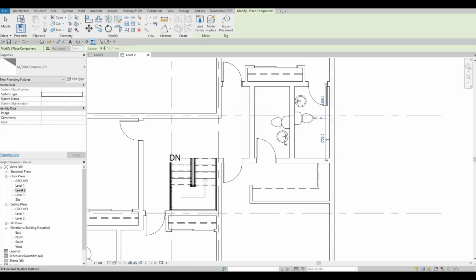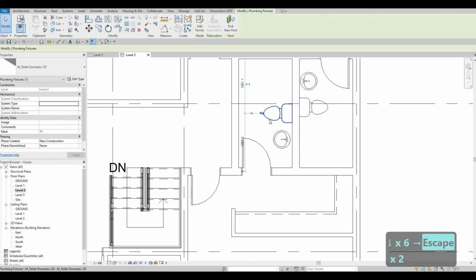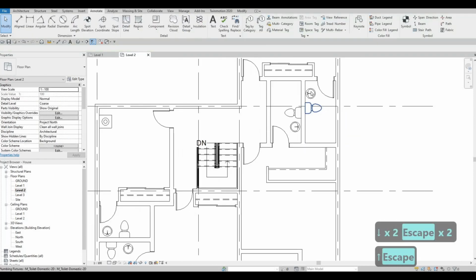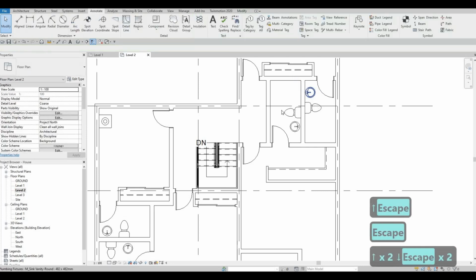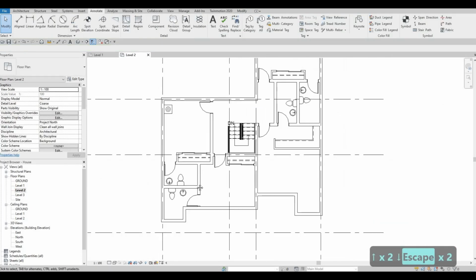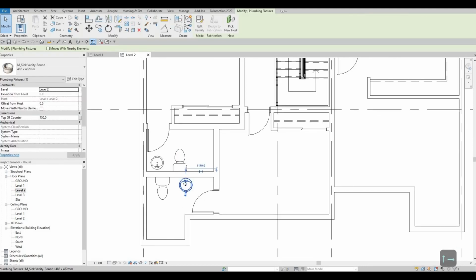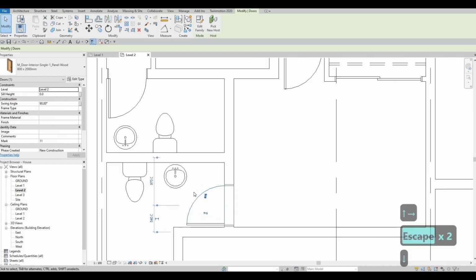And then this will be the part where we have our shower. We're just adding that information right now. And once you're finished adding all of those, now we could actually add